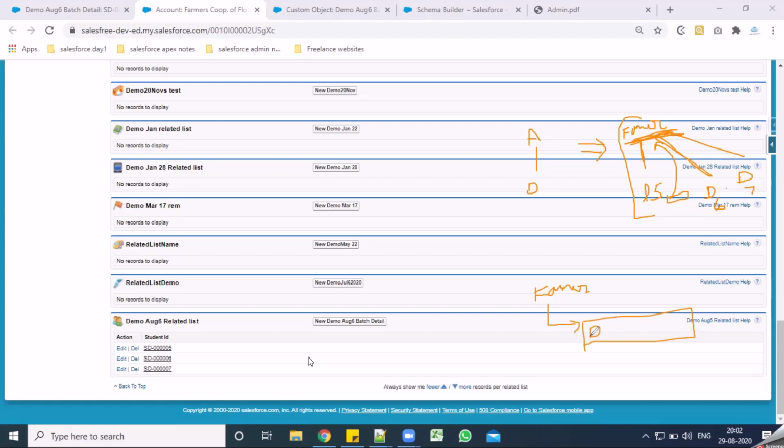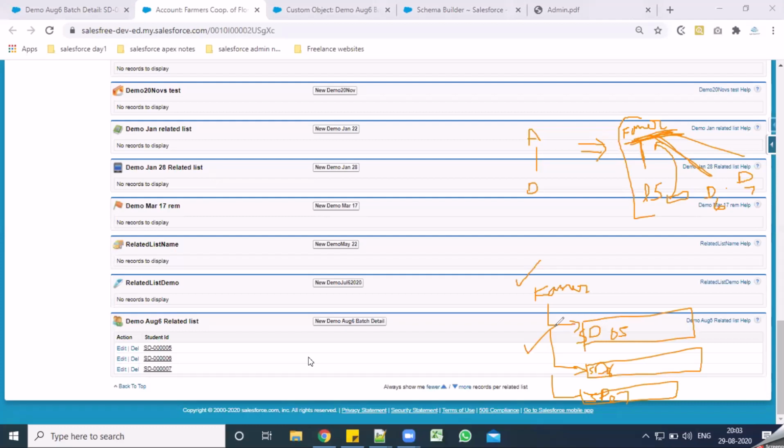So it is like SD05 record, and to that same farmer there is another connection record that is created, that is nothing but SD06, and we have another account which is SD07. Alright. So what we were able to do is create a relationship between this account and this SD record, or the demo record.